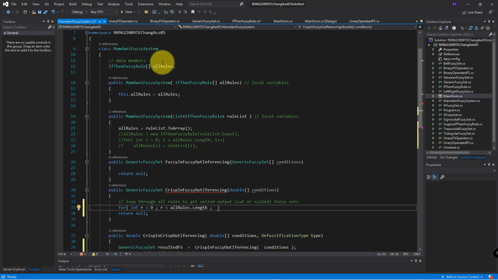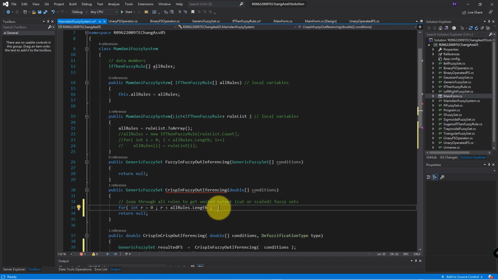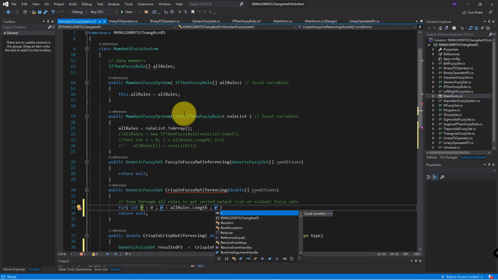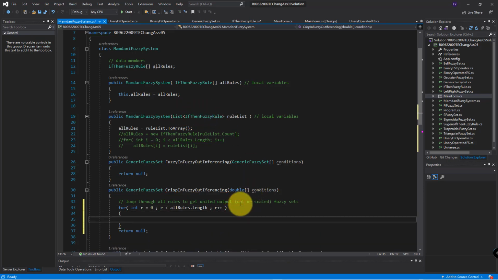In C#, if it is a one-dimensional array, you will definitely have a length property indicating how many elements have been stored in the array. So you can use the length property to quickly know the size of that one-dimensional array. I'm not going to show you everything, right? So you basically invoke